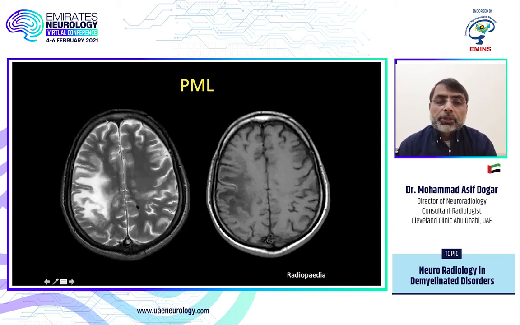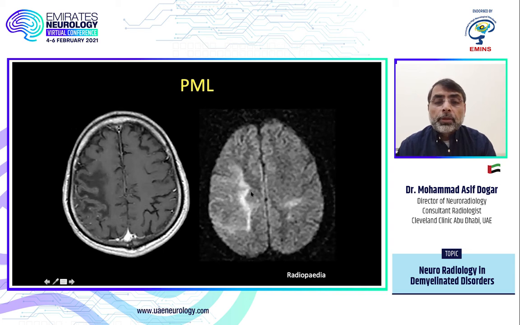So here is a typical lesion. Again, you can see it is subcortical, bright on T2, no mass effect. So a big lesion, but you can still see the sulci within the lesion. And it is hypointense on T1. If it is not hypointense on T1, think something else. And again, you can see the marginal diffusion restriction. This is the post-contrast image. There is usually no enhancement.